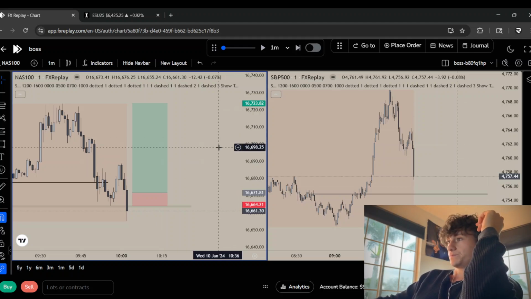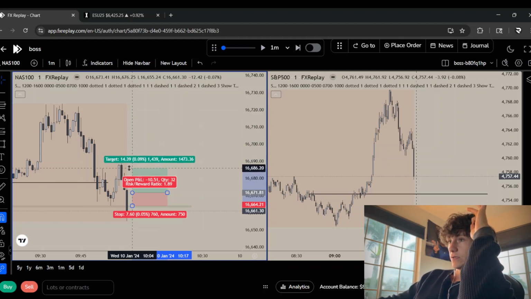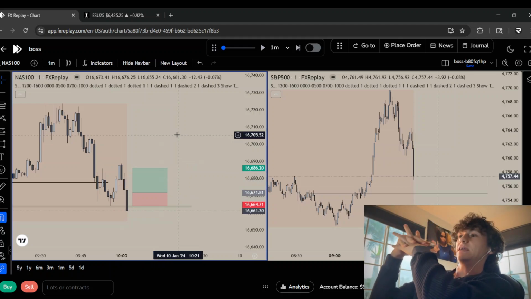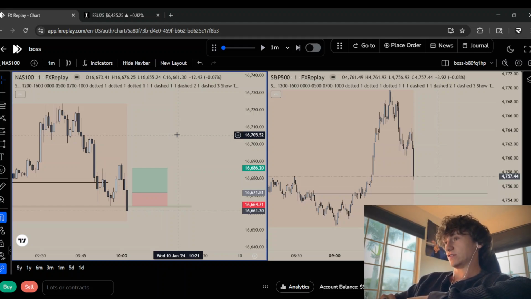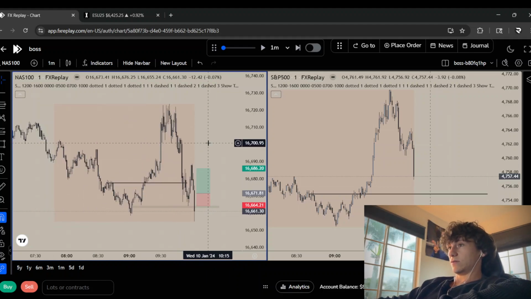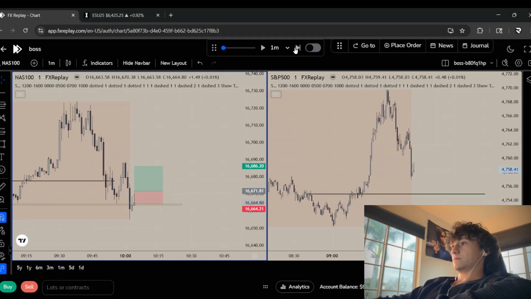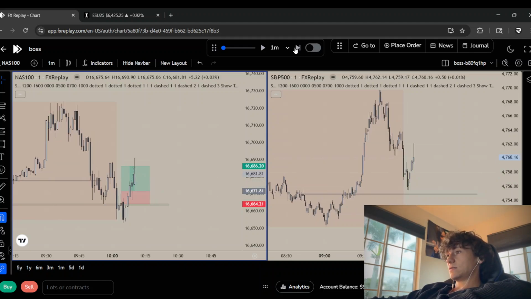Okay, so we just targeted right here. That would have been a 1 to 1.89. And guess what? That's all I need. That's literally all you need when trading. So I need to stop going for these crazy RRs and actually catch some freaking dubs. Because in the long run, that's what's gonna work. But sadly, I don't even know, dude. Like, are we gonna fill it on ES and then rip up? Is that what we're about to do?